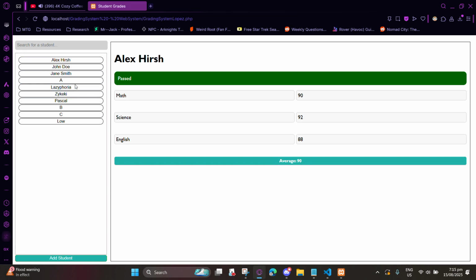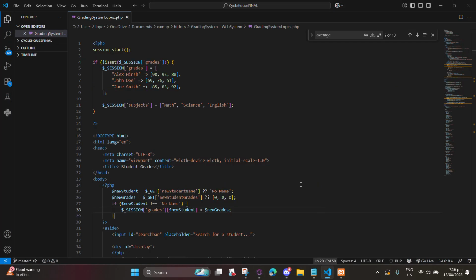Another issue is also the averaging. I don't know why, but the averaging does not display properly. It only displays right for the first three ones, where the rest have inaccurate averages for some reason. Anyways, let's move on to the code. So here,